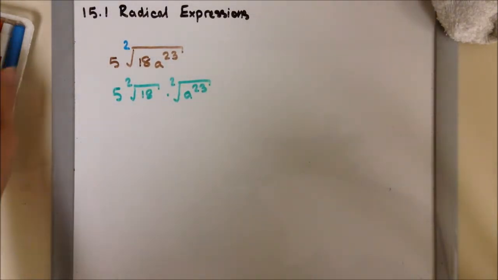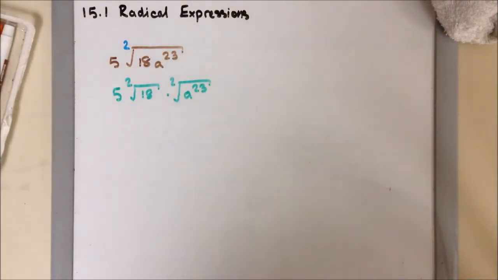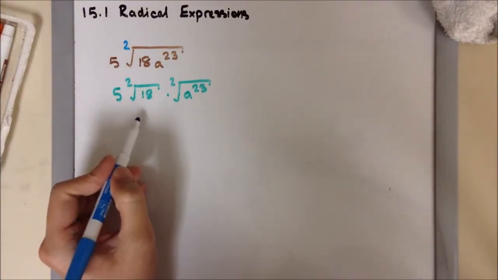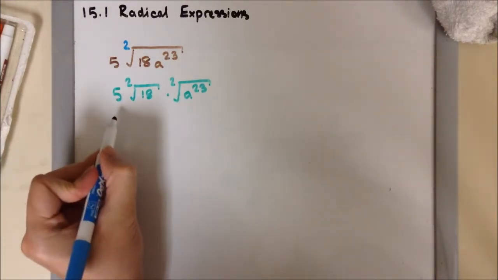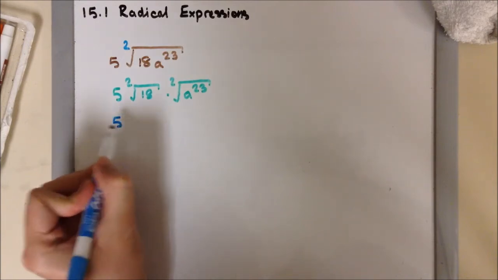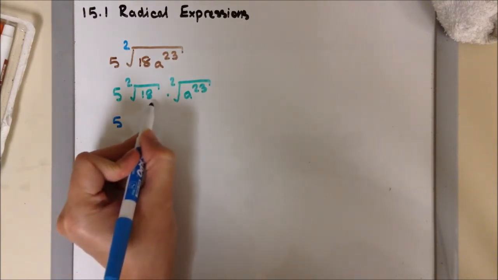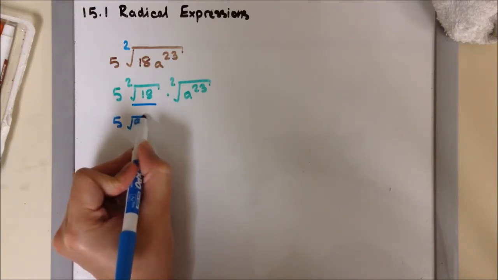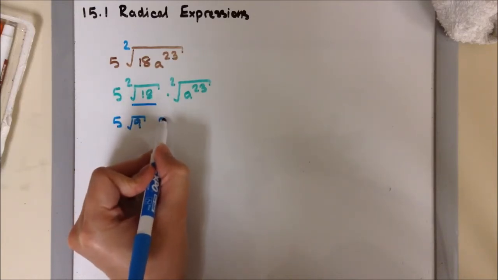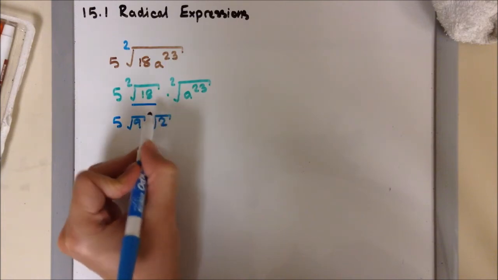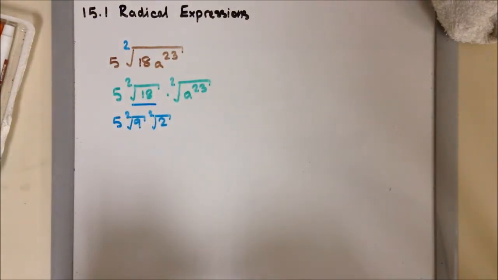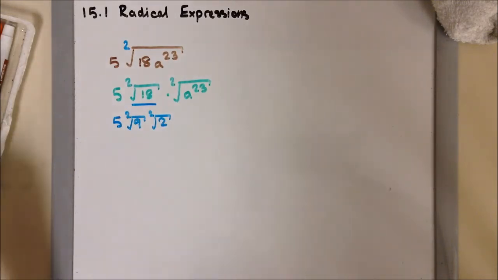Now just like before, I'm going to break up the square root of 18 because 18 is not a perfect square number. We're going to break it down where one number is a perfect square. And again, I still have the 5 in the front. Now over here, I'm going to have the square root of 9, because 9 can go into 18 two times. Then for the variable,